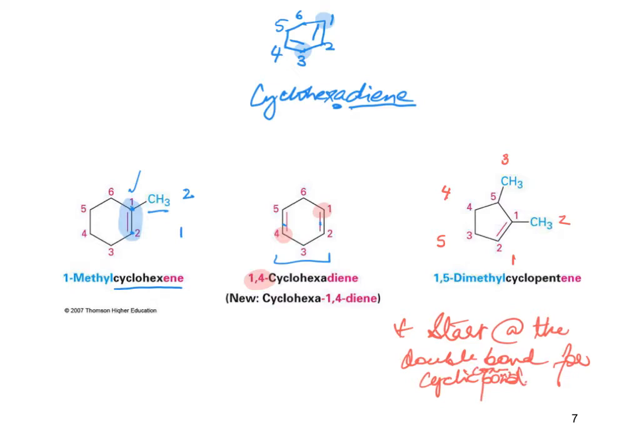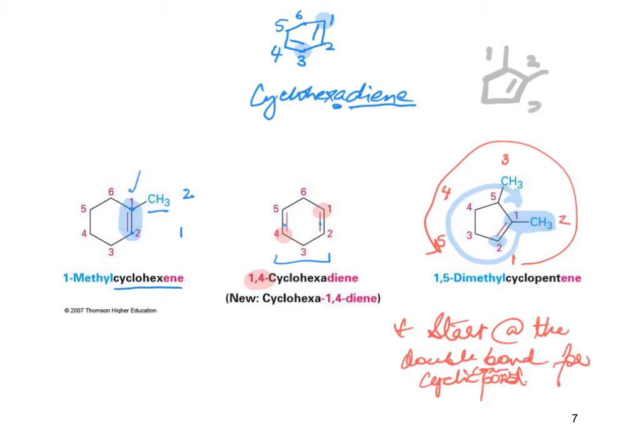And so the only other possibility would have been going in this direction. Because in this particular case you have your methyl group at position 1, that is how you're going to go, and the name becomes 1,5-dimethylcyclopentene. Occasionally, I have been asked if it would be accurate to call it